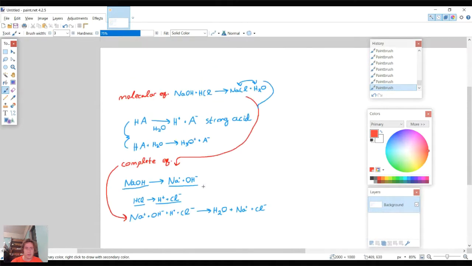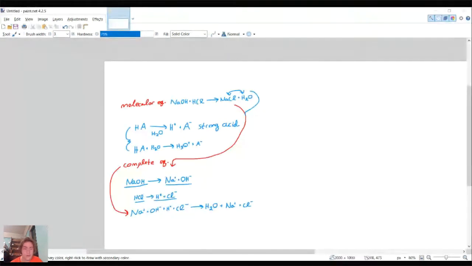The complete equation here is we have sodium ions, hydroxide ions, hydrogen ions, and chloride ions reacting to form water, sodium ions, and chloride ions. And what do you guys see intuitively about both sides of the equation? If we're thinking about it algebraically, there's a neat little thing we can do here that sort of omits terms. What do you guys think we can do? We can subtract terms on both sides, right?